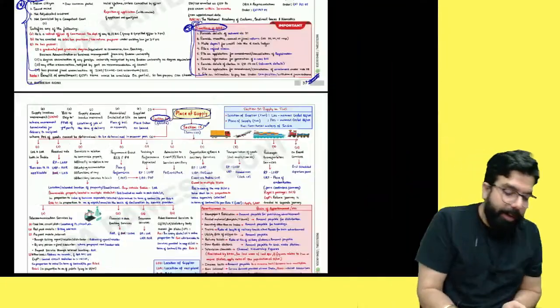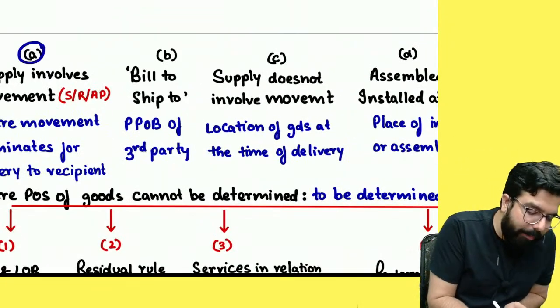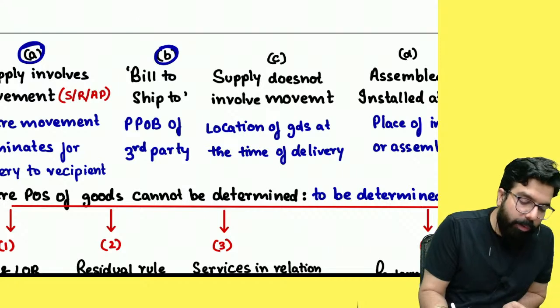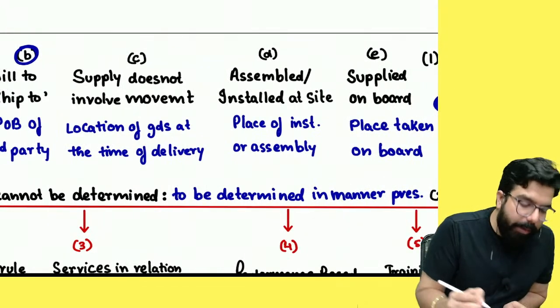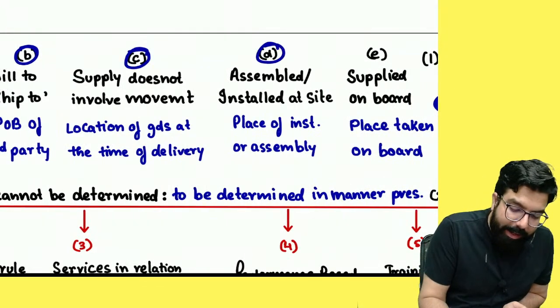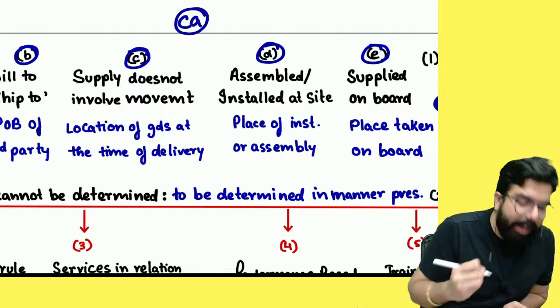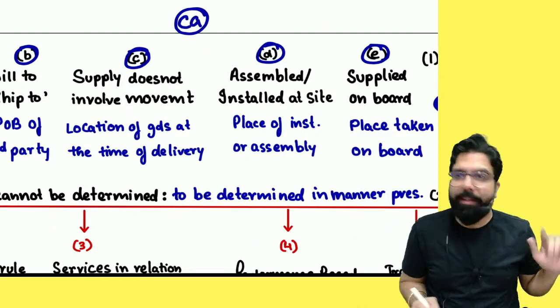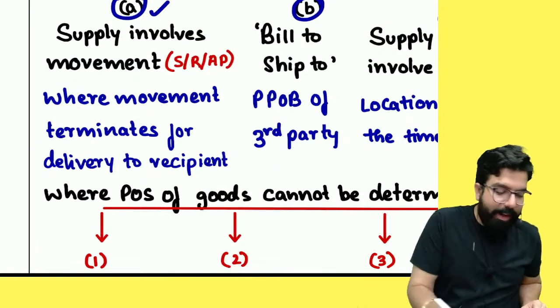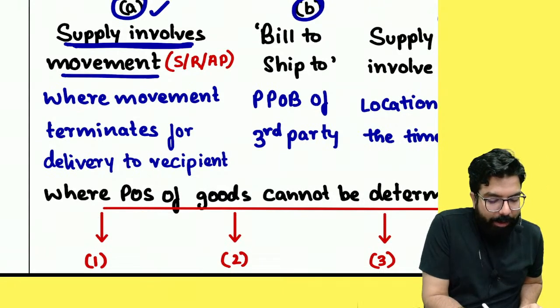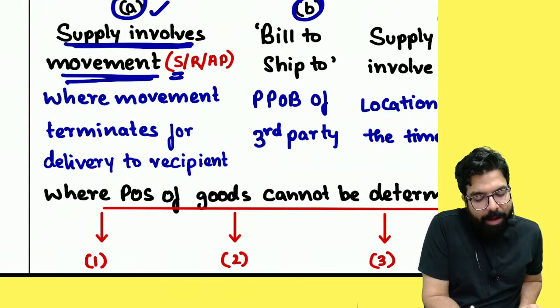Everyone, now place of supply, section number 10, is section 10(1)(a), 10(1)(b), 10(1)(c), D, E, and one more, CA, has also come because of an amendment. Everyone listen. Section 10(1)(a) says whenever the supply involves movement, whether the movement is done by the supplier, recipient,